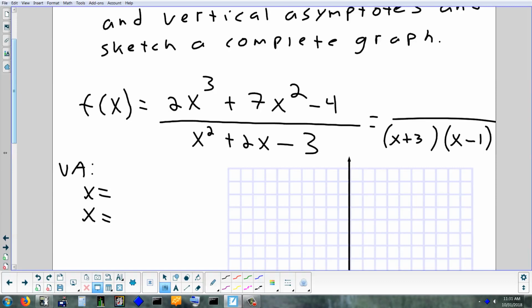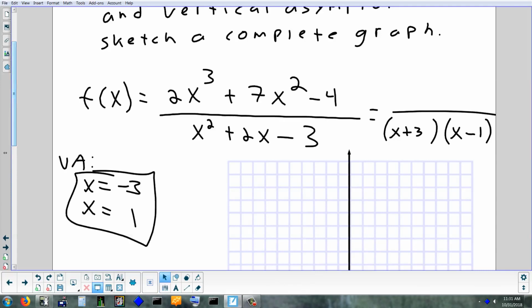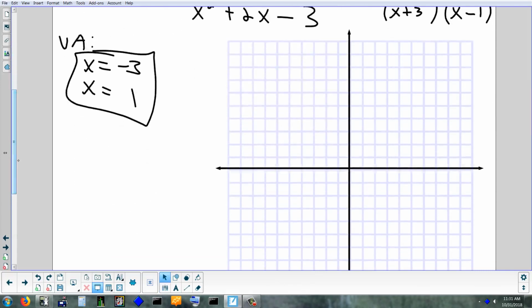Isaac, where's my first vertical asymptote going to be? Yep. So we're going to have one at -3. We're going to have another one at +1. Let's put those on the graph. -3, +1. Now, because there's two vertical asymptotes, this is actually the hardest one we're going to sketch by hand